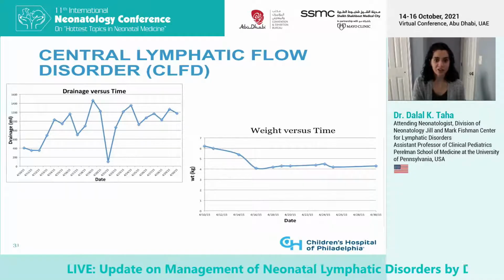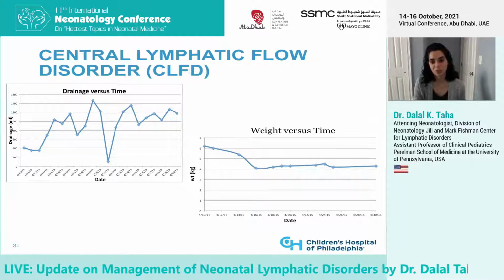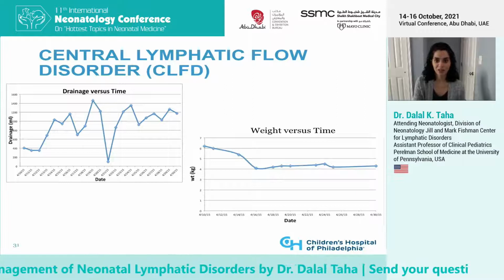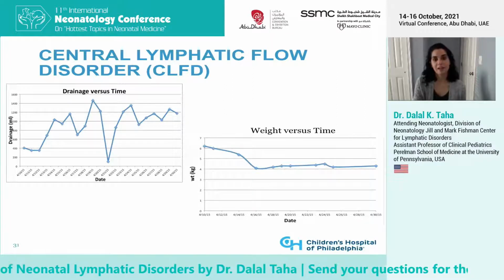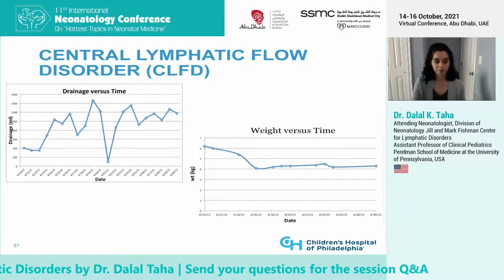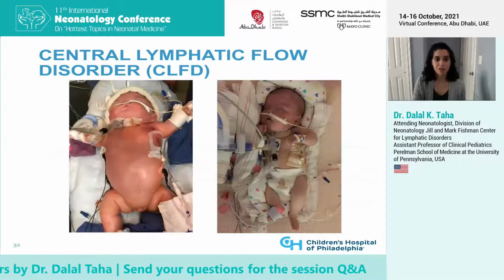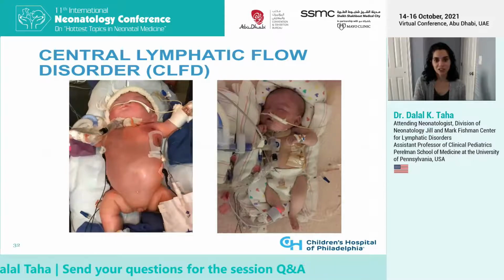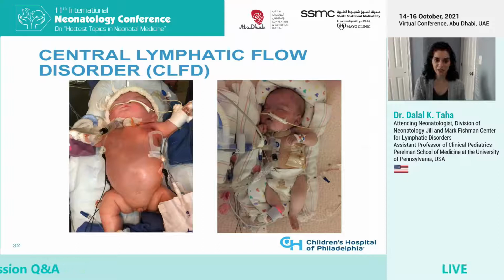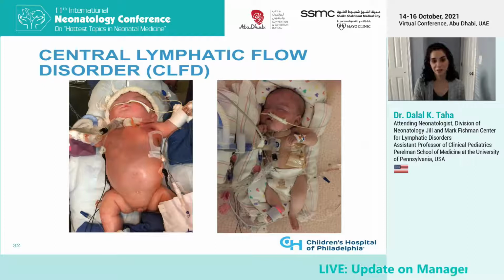The graph on the left here shows her daily drainage for the first 3 weeks, and the one low point in drainage occurred when her drain was occluded, and it began picking up again after it was flushed. The graph on the right shows her weight loss over time. These are the before and after pictures. The picture on the left was taken soon after she came back to the NICU after her externalization, and the one on the right was taken 2 weeks later. So as you can imagine, during this time, her ventilator requirements greatly improved.